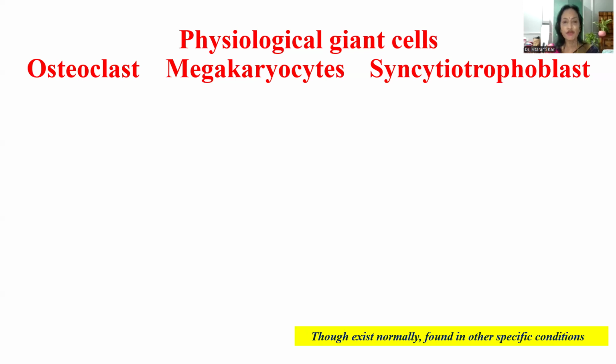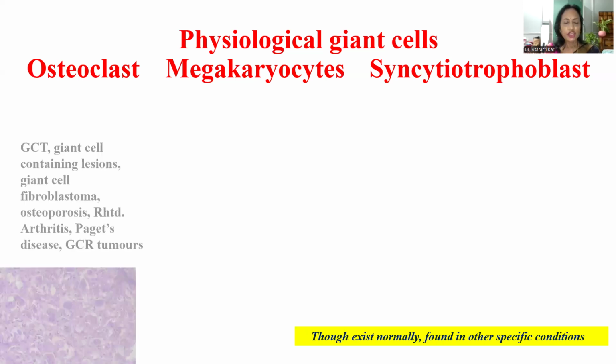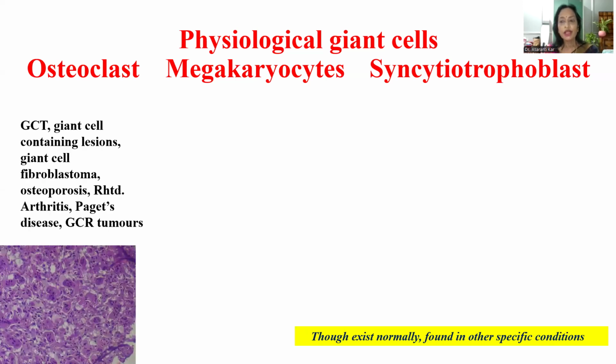Physiological giant cells, though found normally, there are certain conditions where these cells may be specifically present and will be an aid for us to diagnose those conditions. Coming to the osteoclast, the most common condition where these osteoclastic giant cells or osteoclast-type giant cells are present is giant cell tumor. Certain non-neoplastic conditions like osteoporosis, rheumatoid arthritis, Paget's disease, and there is a list of giant